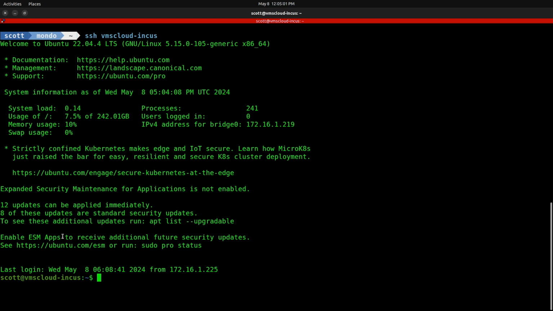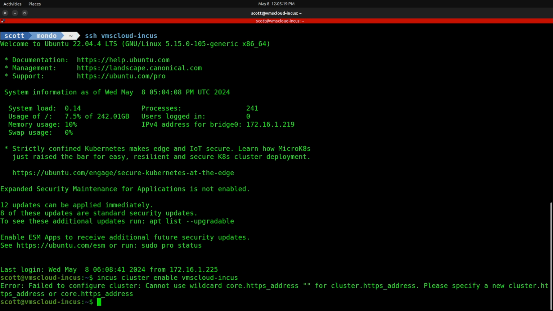To convert my standalone Incus server to the first node, or the bootstrap node, of my cluster, and in fact to create a cluster, I'm going to do an incus cluster enable VMS Cloud-Incus. And of course I get "failed to configure cluster, cannot use wildcard core.https_address." In order to fix that, we're going to issue the command incus config set